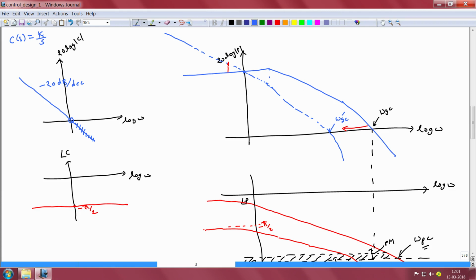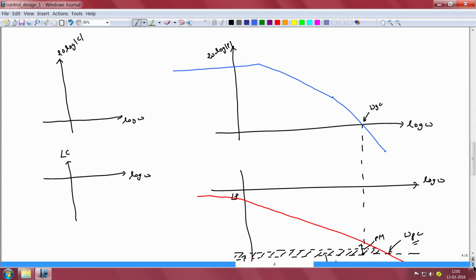So, namely at omega equal to k for this general transfer function C of s is equal to k by s. More generally, if we were to locate the 0 in the neighborhood of where the magnitude characteristic of the integrator crosses over, we would have a controller of the kind C of s is equal to k by s times, because we have chosen to add a 0, a term of the kind s by alpha plus 1. Now, in the particular case that we are considering, where k is equal to 1 and alpha is equal to 1, we would have the controller to be 1 by s times s plus 1.